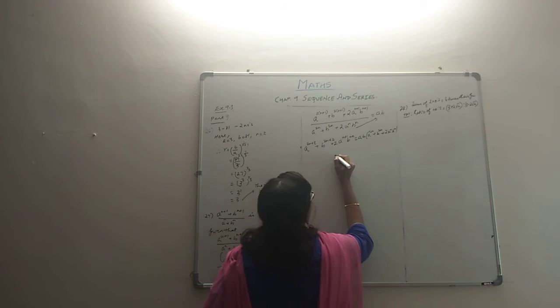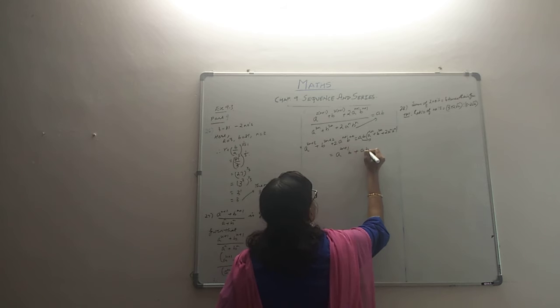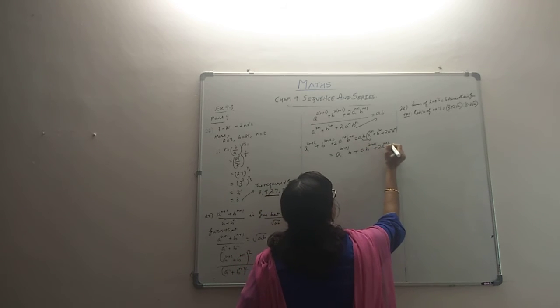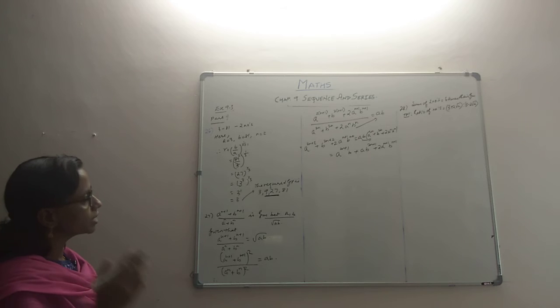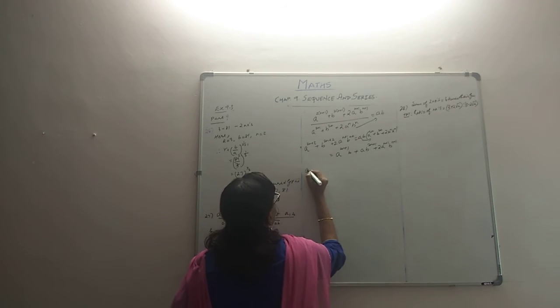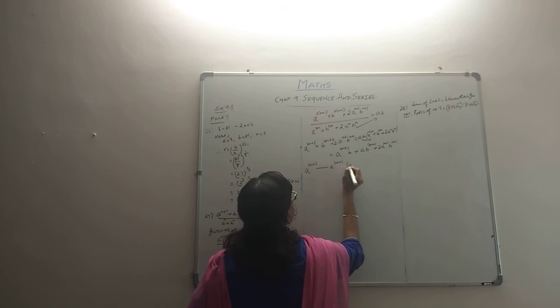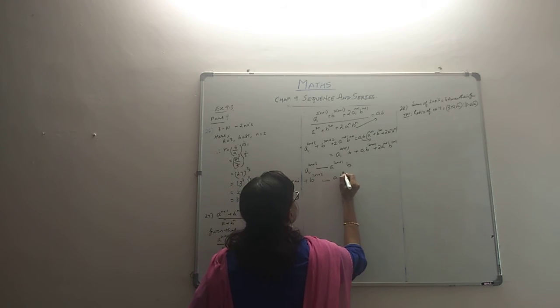Yeah, let's multiply. So it's A raised to 2n plus 1 into B, then A into B raised to 2n plus 1, then 2 times A raised to n plus 1 into B raised to n plus 1. Yes. Now having got this, we can have things coming on one side. Let them all come on one side. So you can have maybe like A raised to 2n plus 2 minus A raised to 2n plus 1 B. Then B raised to 2n plus 2 minus AB raised to 2n plus 1.